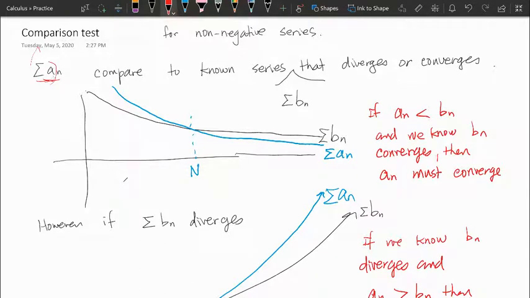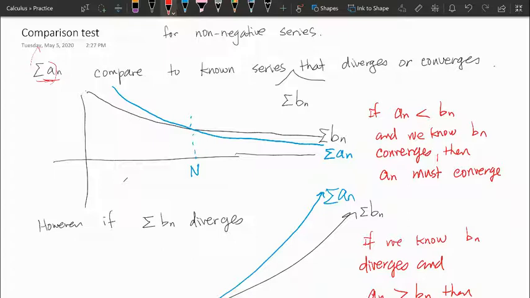Then An is less than Bn at some point, which means it gets squeezed because it's positive. It can't go below 0. So it gets squeezed between Bn and 0. That means An has to converge. Okay, so that's the comparison test